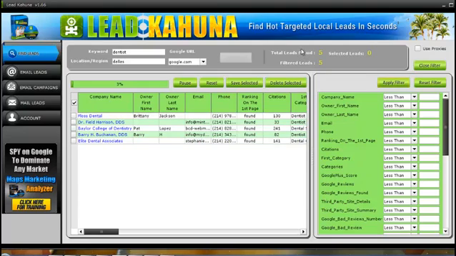Now on the top here, you can see that total leads found is 6, selected 0, filtered leads 5. And if I apply the filter, you can see that it'll go back to 6. So every time you filter something, it's going to show you how many leads of the total